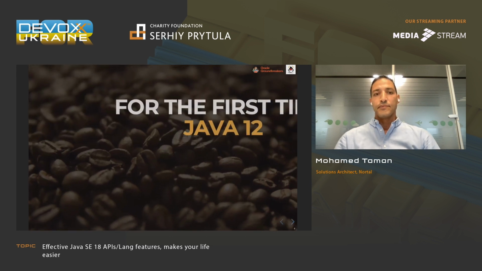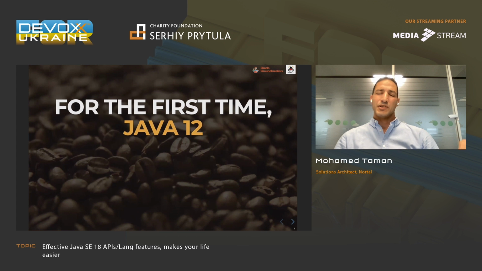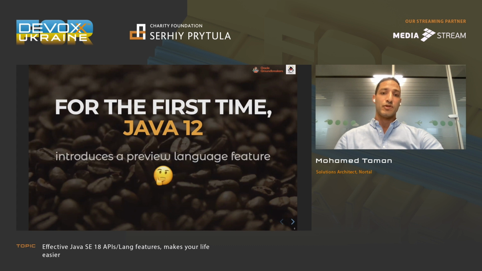So let's touch on something very important. In Java 9, 10 and 11, we were just trying to introduce new features and APIs, and then since Java 12, we started to introduce something called preview language features. We also have incubator APIs, which are like preview language features, just for your preview and to make you aware of what's coming up.